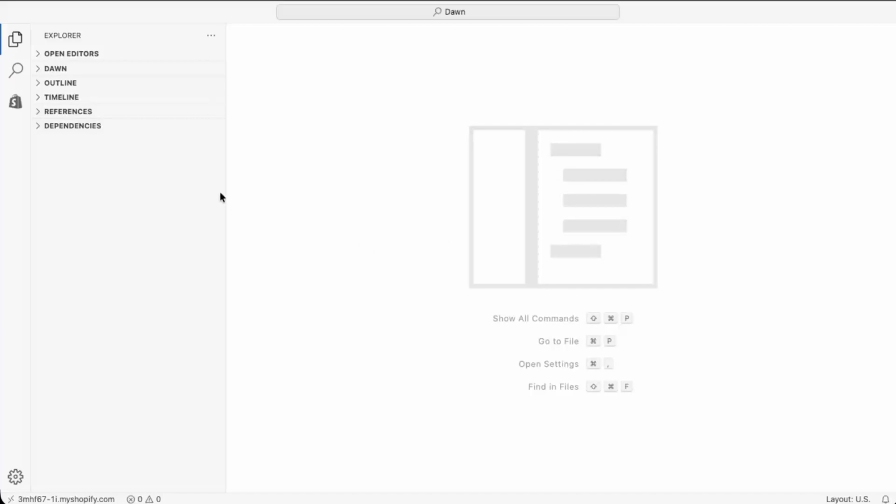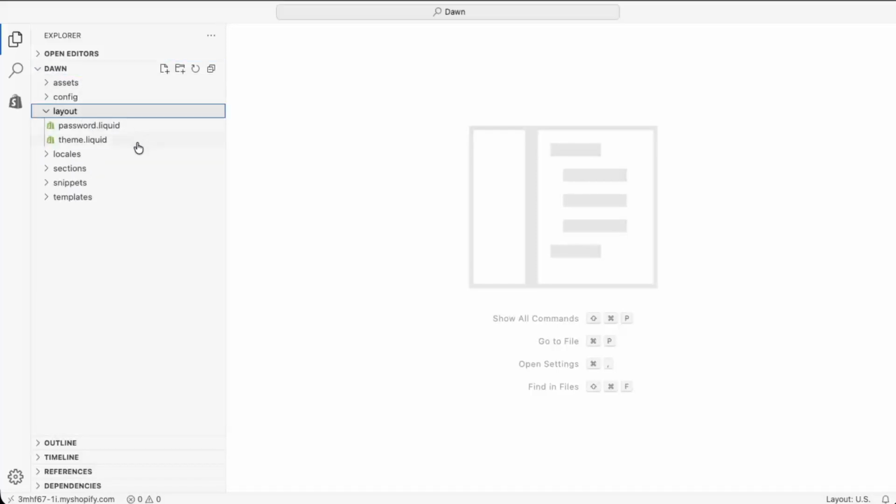This opens the theme code editor, which might look a bit intimidating if you're not used to it, but we're only going to touch one file, so don't worry. On the left, you'll see a list of folders and files that make up your theme. Look for the folder called Layout and click to expand it. Inside that folder, you should see a file named